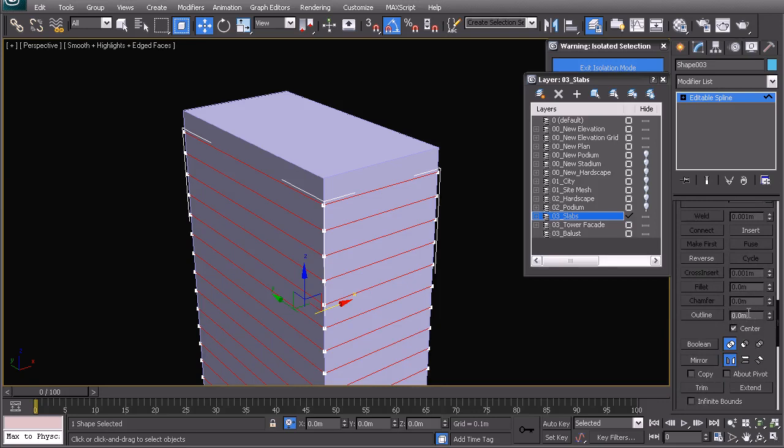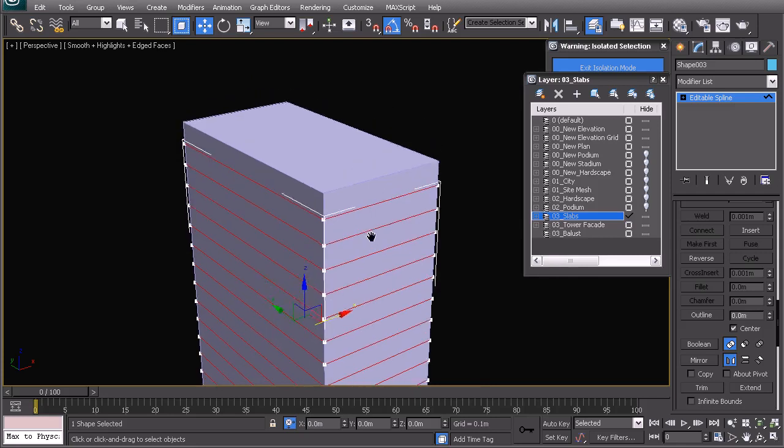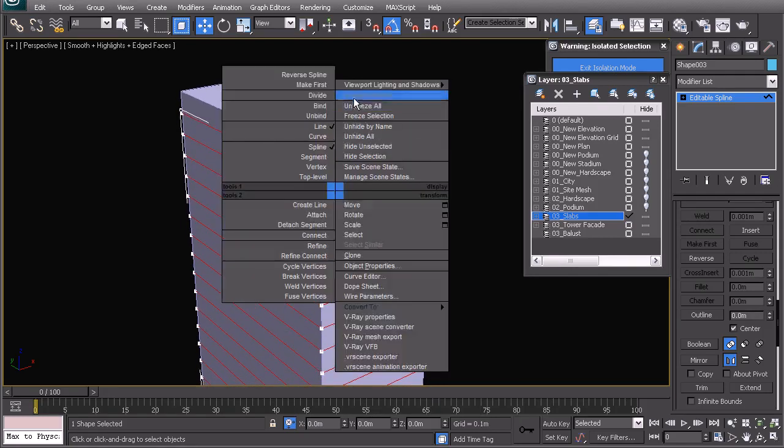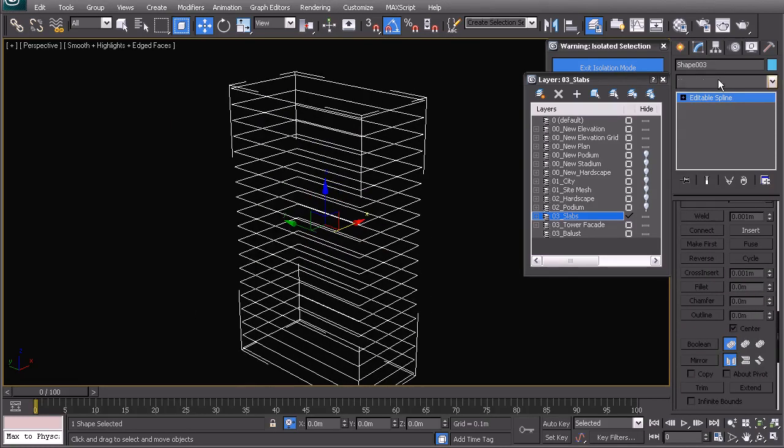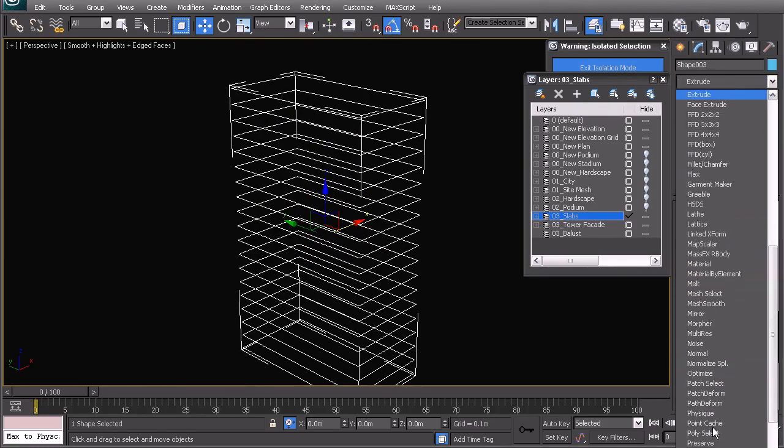There's two ways you can do this. You can either make the slab on the inside as one object and then the balcony on the outside as a separate object. And I'm going to do it that way. It's slightly more complex, but I'll show you why we have much more flexibility that way. So what we're going to do, let's isolate. Just go back down, re-isolate. There we go. We're going to extrude